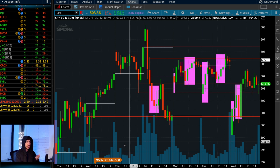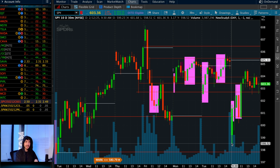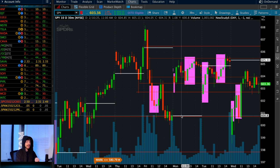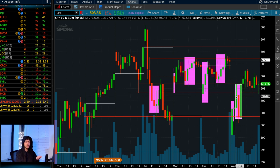You had the gap right here at 598. It closed the gap during extended hours. Green bullish 30-minute candlesticks, gap close reversal, break and retest. You had the gap right here at 601. It had a break above the gap, green, red, green, and this is a very green bullish trend reversal candlestick